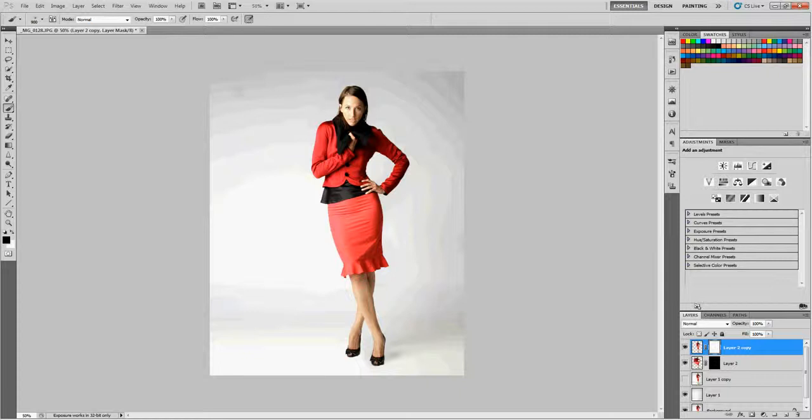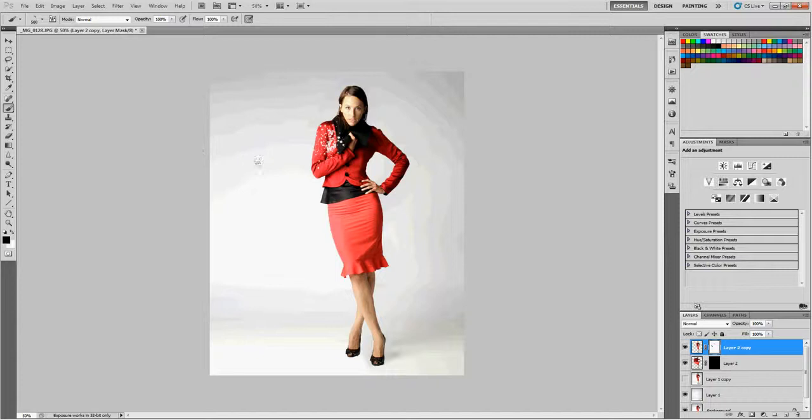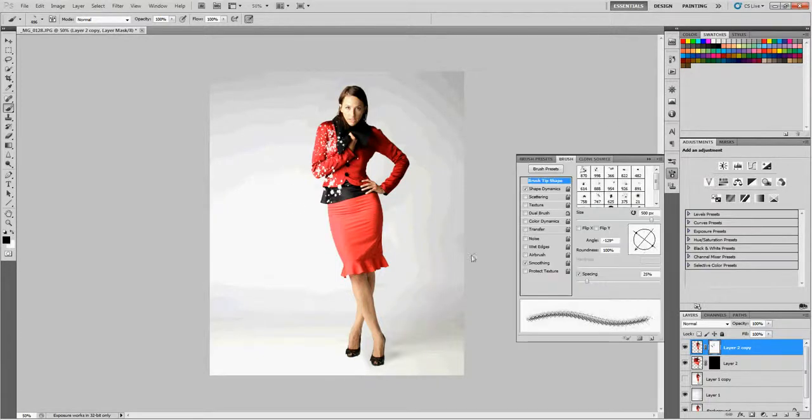Change the size with your bracket keys. So we want about that size, and then just click. Make sure you have black as your foreground color, and then just click around. Don't click and drag because you'll make it look weird and like a pattern. So hit Control Z to undo that. Just to make variations, grab another brush, click again, and then you can bring up your brush palette, even change the direction, and just make it look